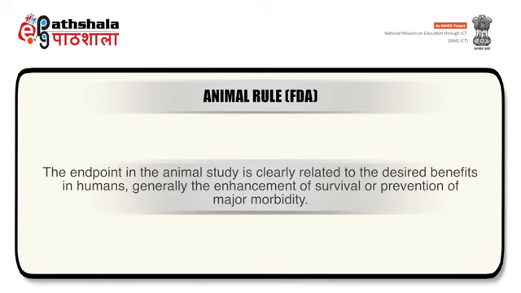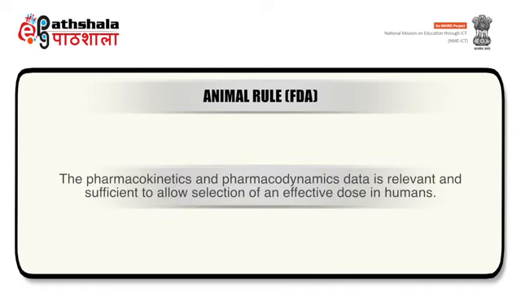Third, the endpoint in the animal study is clearly related to the desired benefit in humans, generally the enhancement of survival or prevention of major morbidity. The fourth is that the pharmacokinetics and pharmacodynamics data are relevant and sufficient to allow selection of an effective dose